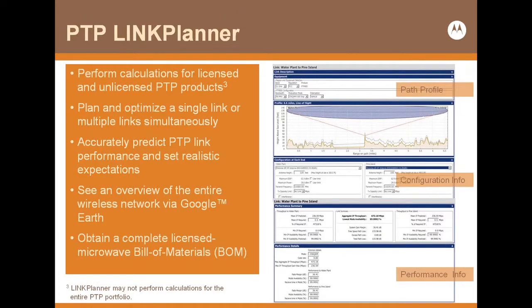Let me give you a quick snapshot of Link Planner if you're not familiar with it. Link Planner is a very advanced network planning tool for Motorola's point-to-point links, and it will allow you to plan a single link or a network of multiple links. You can coordinate both licensed and license-exempt links within Link Planner. It allows you to rapidly model different attributes if you choose to change them, for example, changing dish size on one end or the other, or both ends. What does that do to your overall performance? If you raise your antenna height, etc. It allows you to inject anticipated interference into the link itself, and it pulls topographic data from Google for display purposes, so you can do a virtual walk of the link itself to see what that path looks like. It'll publish to you with a high degree of confidence your anticipated availability, your anticipated capacity on that link, and all other appropriate attributes to seek license coordination and ultimate